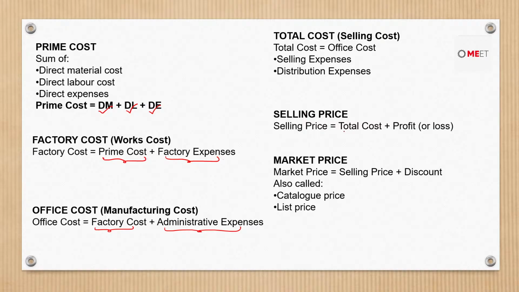Selling price is the summation of total cost and profit together. And market price is selling price plus discount. Or this is also called catalog price or list price. So if you try to understand the hierarchy, selling price